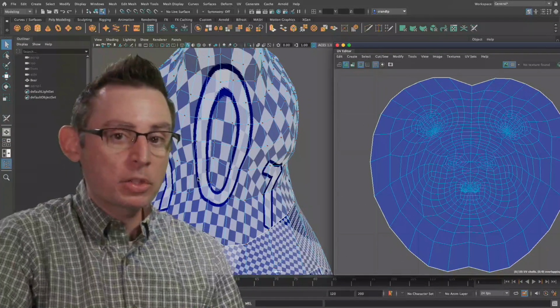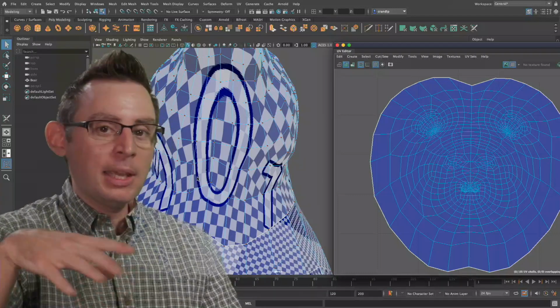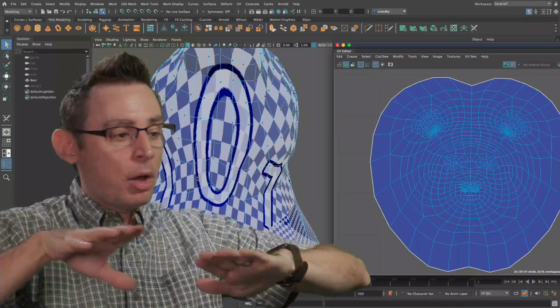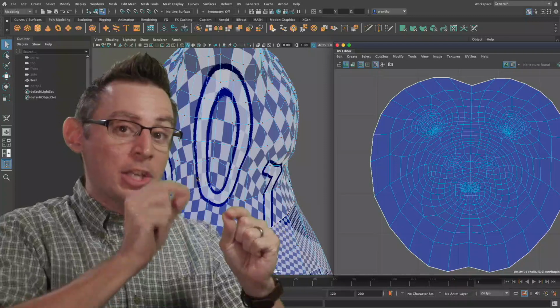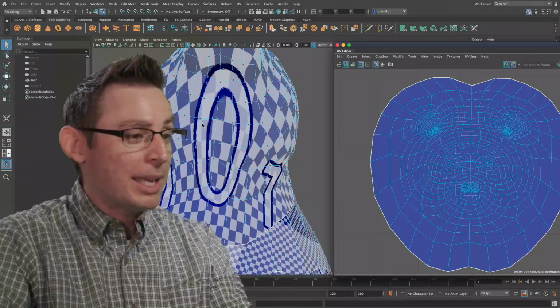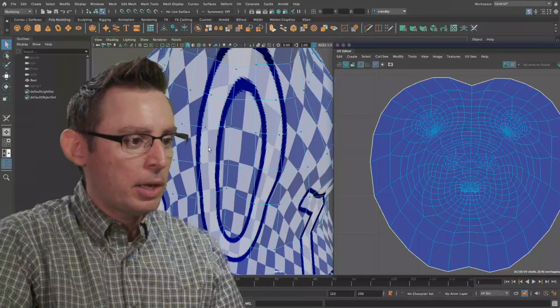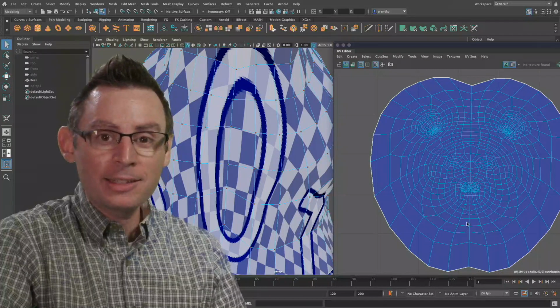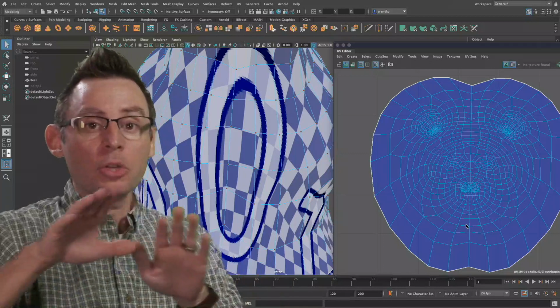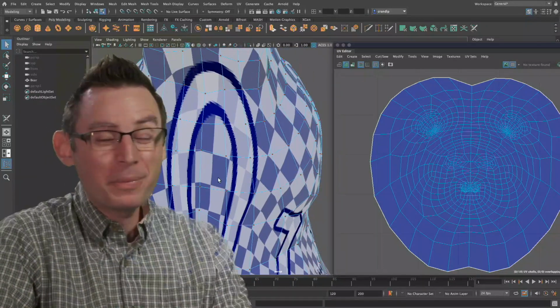Usually where we have a big distortion like this, the computer is telling us that it can't figure out how to iron out all of these polygons to make them match and to make them look how they appear inside of our three-dimensional scene. Because ultimately, we want to have this polygon here be the exact same size, scale, and proportion as the polygon that shows up in the UV map. Right now, it's not doing that.